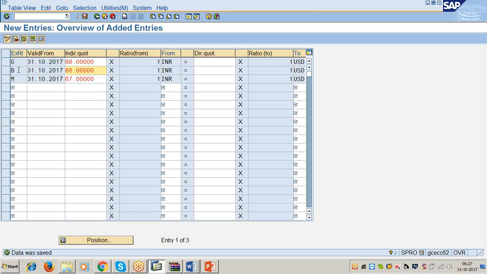Direct quotation 68 to INR. Then exchange rate type is equal to M, valid from 31/10/2017. From is equal to USD.